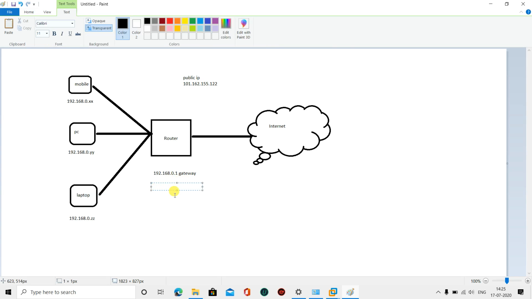Or suppose, for easy purposes, let us assume that my masking allows only 255 devices. That means I can only connect 255 devices to the router, but one gateway is common, so we have to remove one. So I can connect 254 devices to my router if this is my masking address.